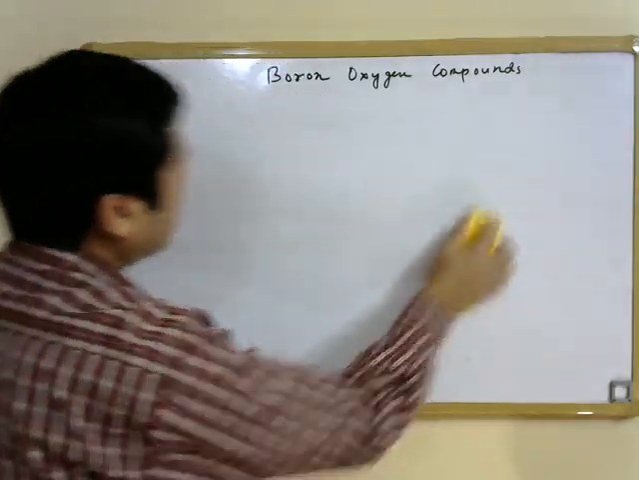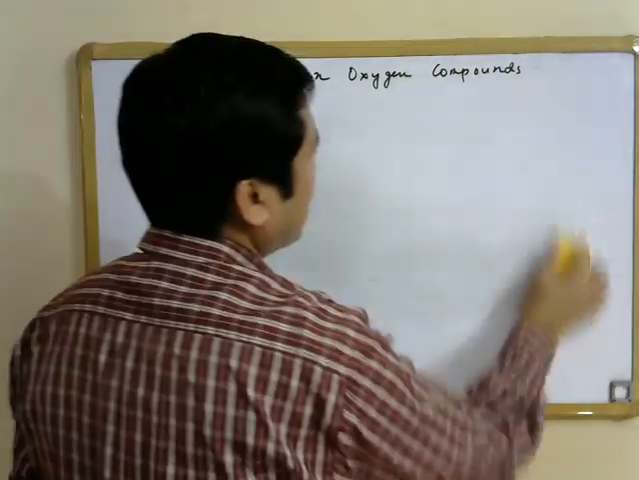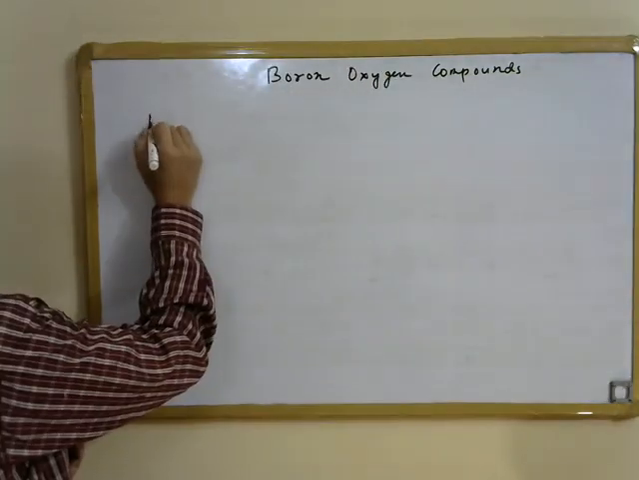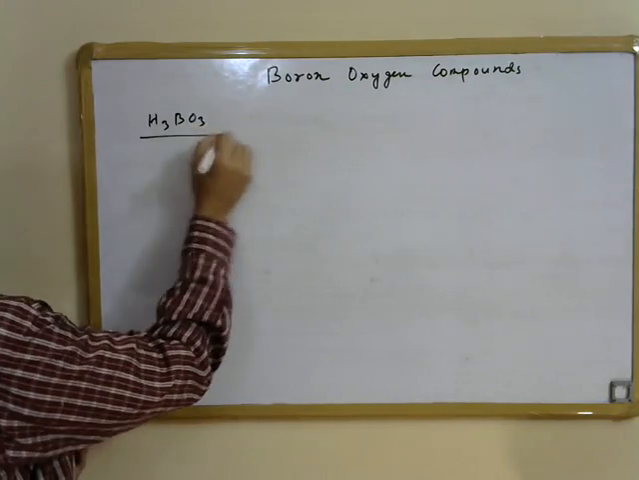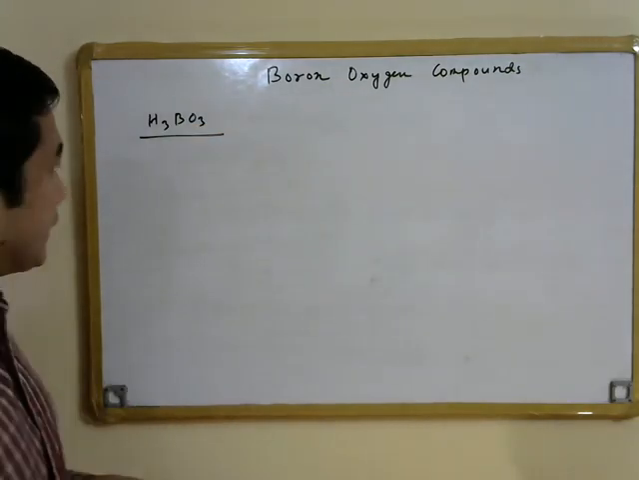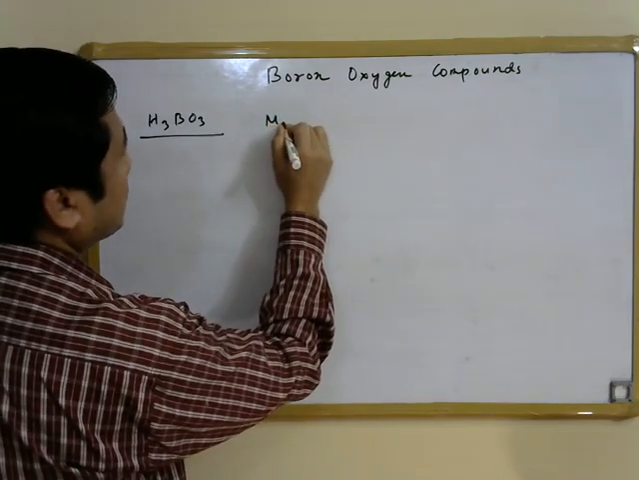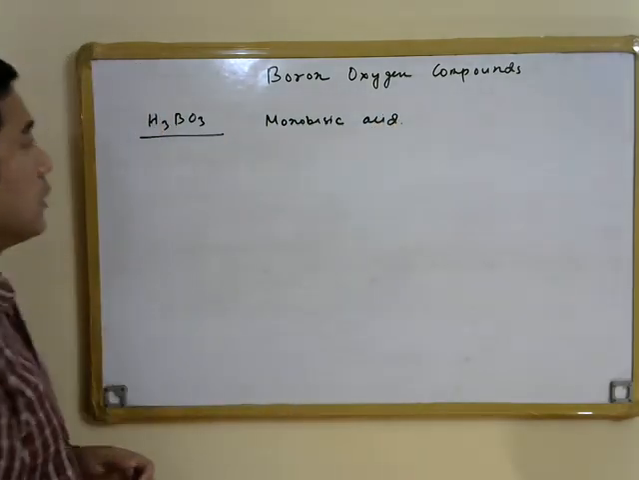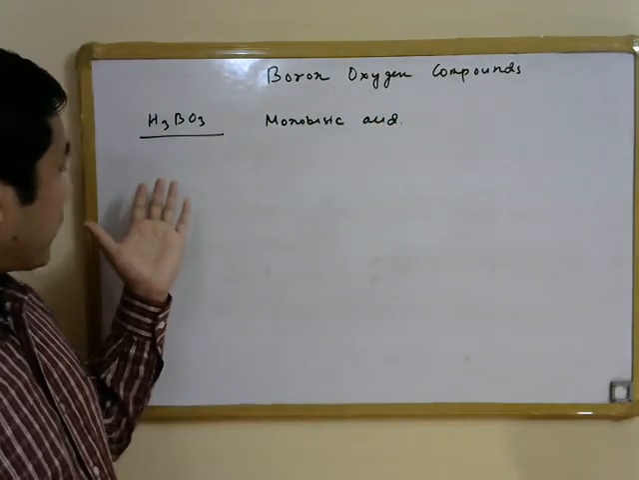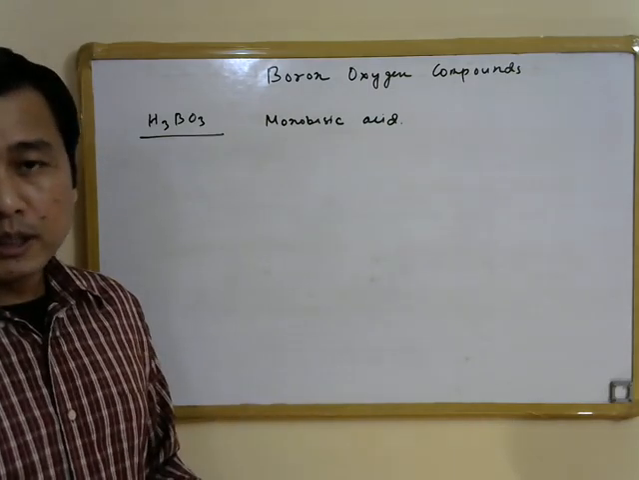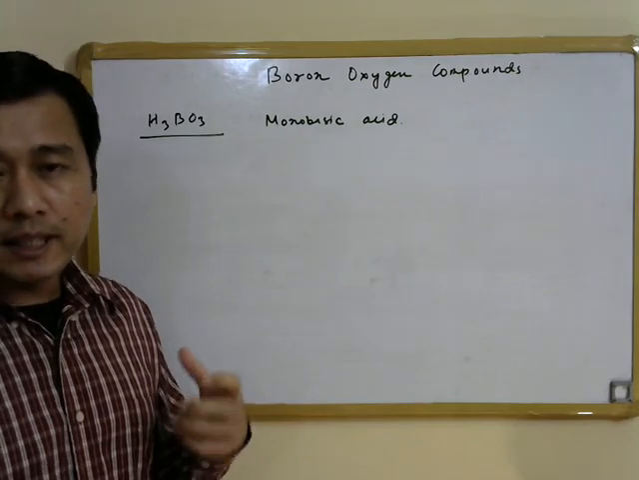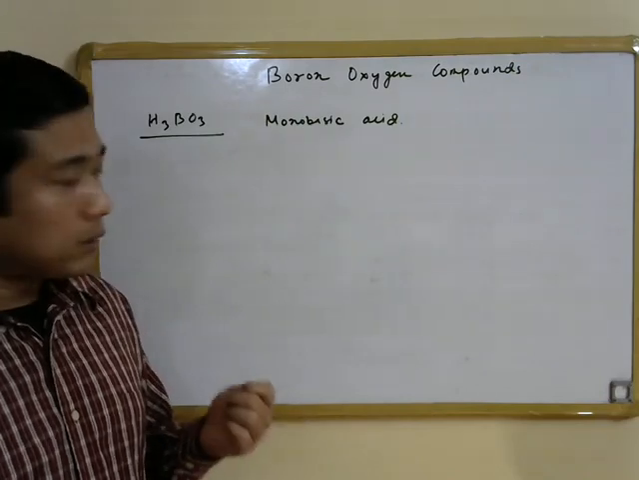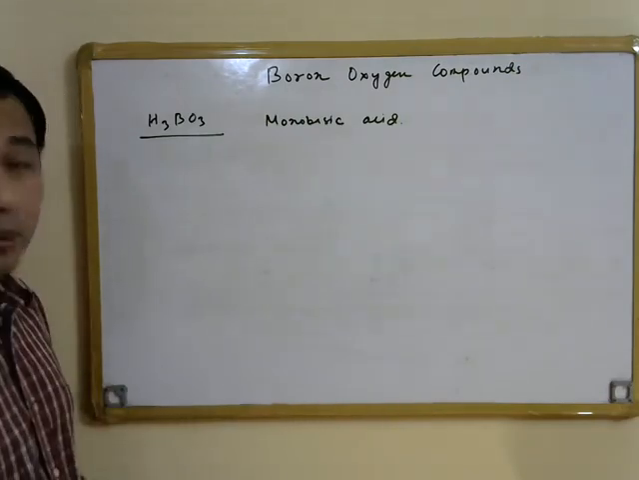Let us discuss the oxo acid of boron, that is boric acid. H3BO3 is a monobasic acid. Note there are 3 hydrogen atoms, but it is a monobasic acid, and this boric acid does not donate H+ ions, but instead it only accepts OH- ion, and that is why one can term it a Lewis acid, not a Bronsted acid, because